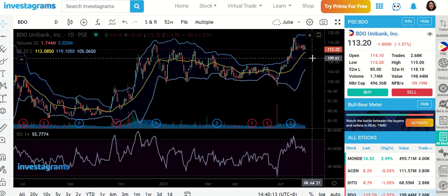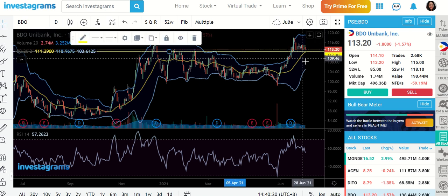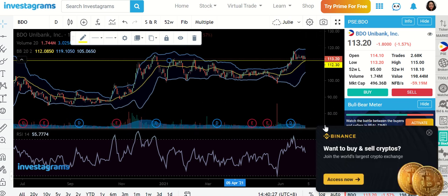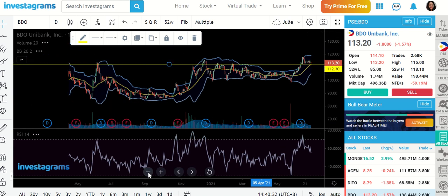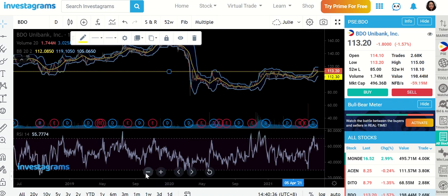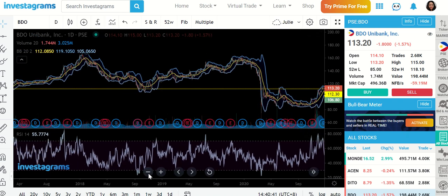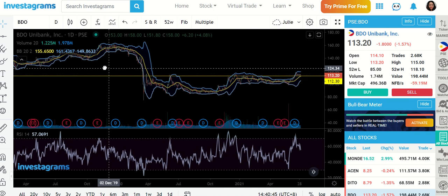Next is BDO. BDO is sitting very near our MA20 line. So this is our support. Try to observe if it is going to break this MA20 level. Volume is still flat. So your call. I think this is an area where our long-term holders won't mind a few peso difference, because their outlook is years. But for our traders,